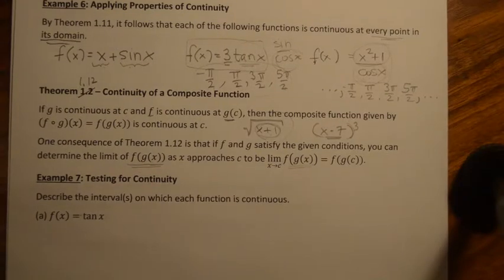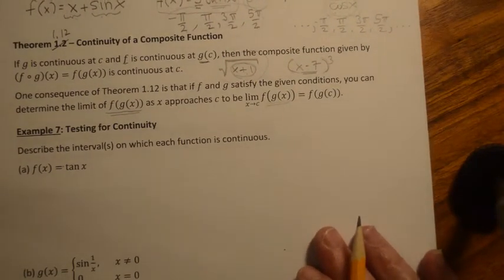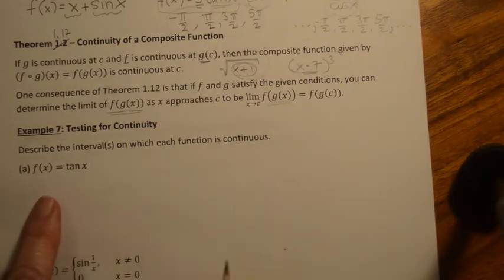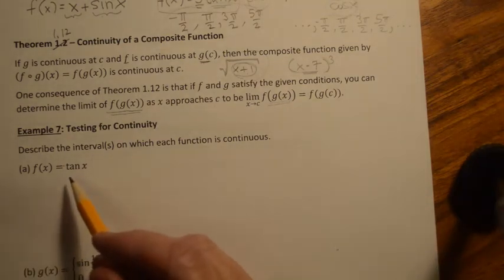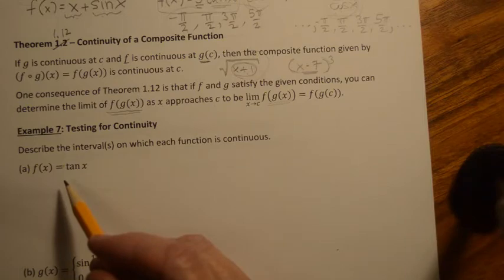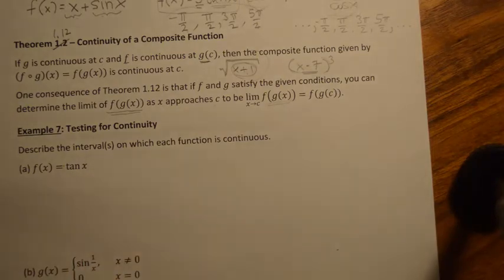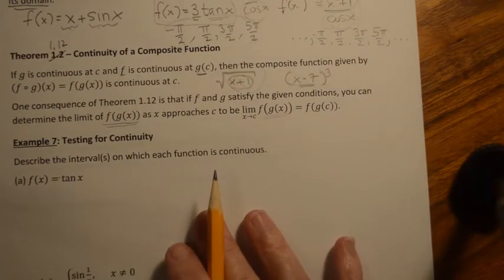Okay, so then describe the intervals on which each function is continuous. So we just have to say what its domain is, and then we know from our previous theorem, theorem 1.11, that trig functions are continuous on their domain. So we just have to remember what is the domain of tangent. We just talked about that up here. So tangent has